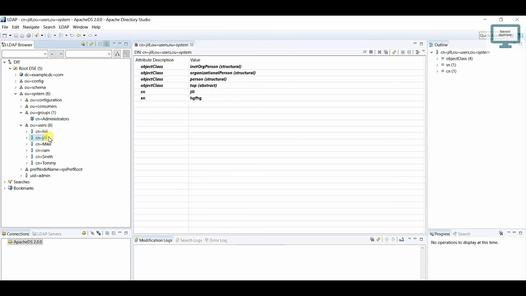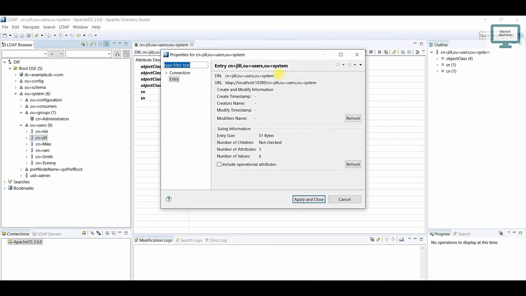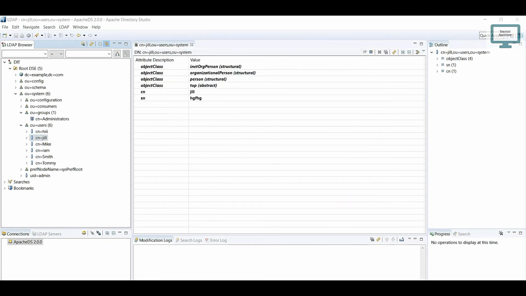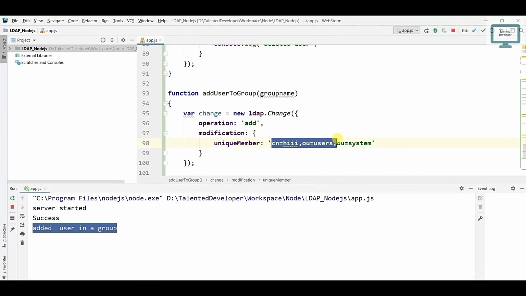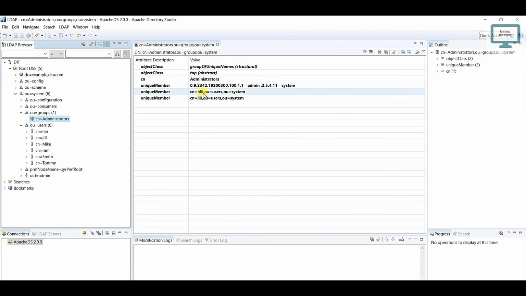Suppose again I need to add this user, so just copy his DN and close, come here, change it here and try to run. After that you can see the user has been added in that group. Just go and refresh. After that you can notice these two users we have added just now. So this is a way to add a user to a group.